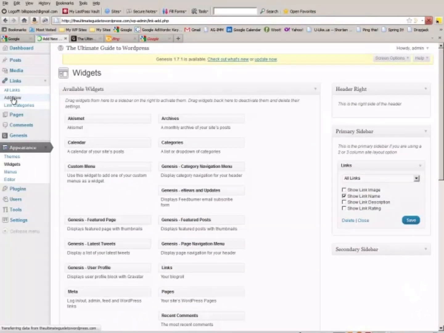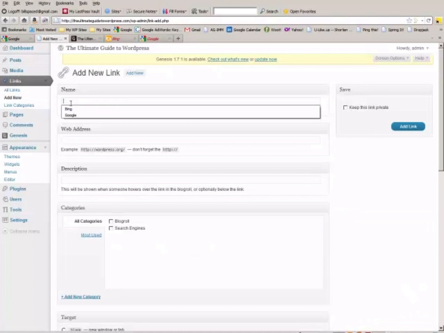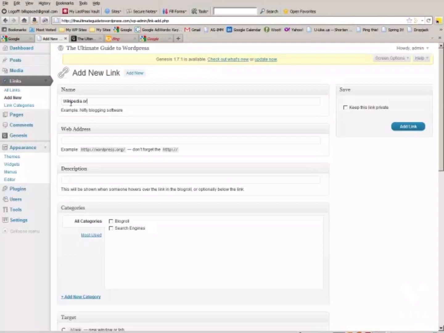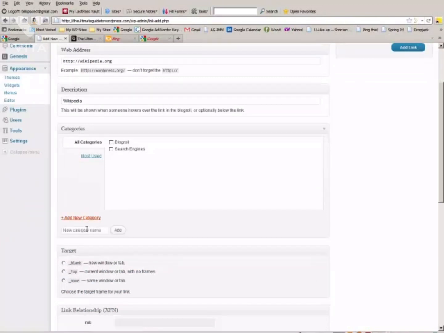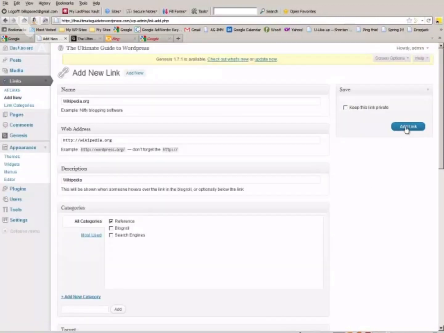Go back to your add new links, and let's type in something else like Wikipedia. And we're going to just add that to blog roll. Or actually, you know what? Better yet, let's add another category, and let's call this reference. Click on Add. I want to show you how this works. Blank, add link,